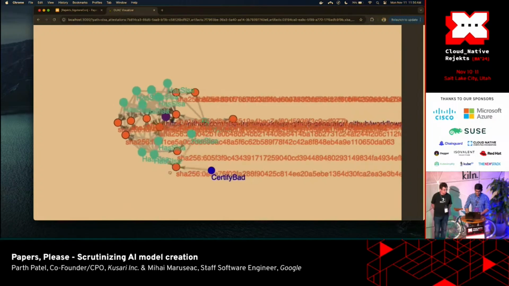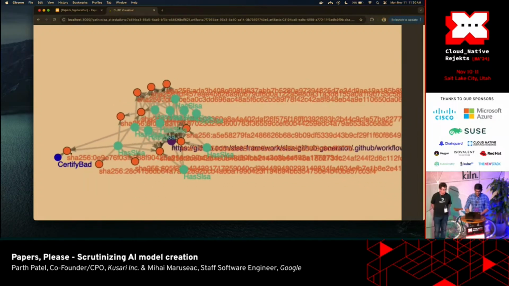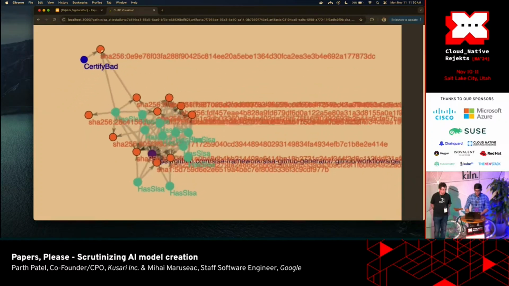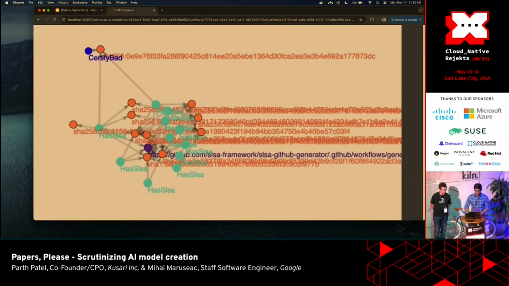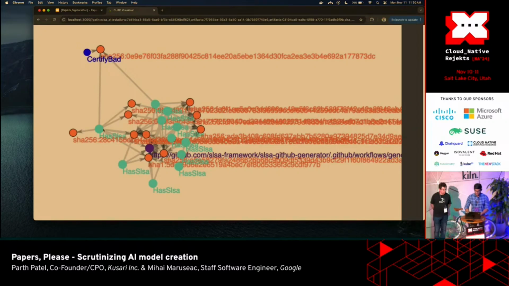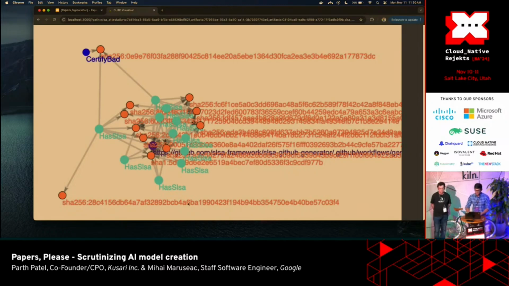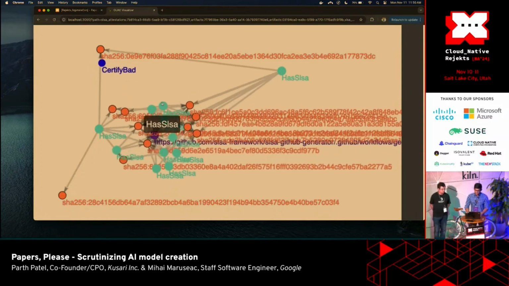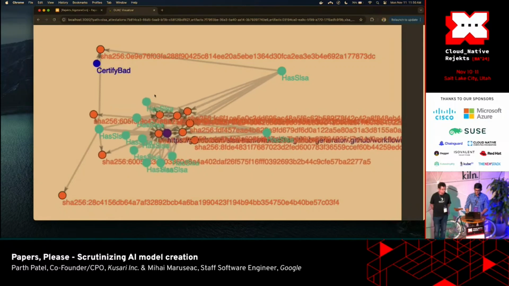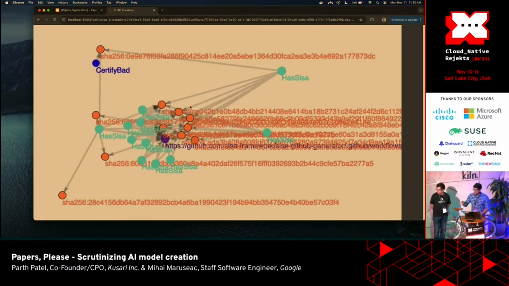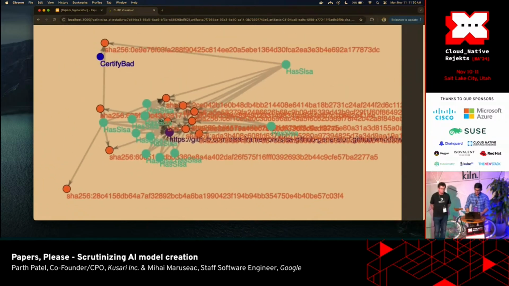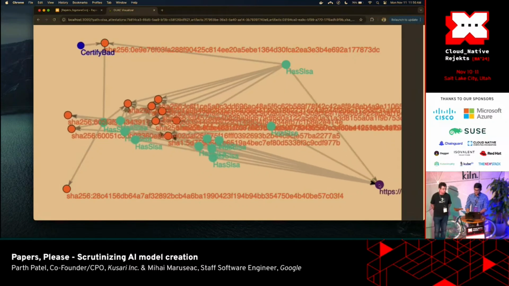Right? So here is my certified bad node here. You can see that I've certified this particular data set as bad. And then I want to see, okay, where is it being used? So here's a direct SLSA attestation that's attached to it. And then you can see that this is the particular model that has been trained on that data set. So that's the one that's affected. And then you see there's another SLSA attestation here. Because of the recursive nature of model training, there are a lot of different places where it can be used and so forth. So this gives you an understanding of